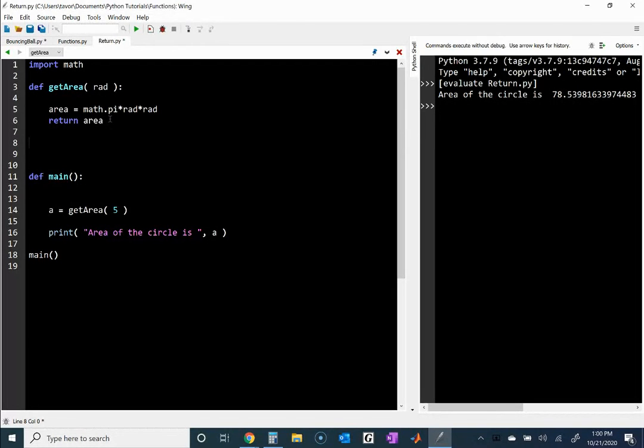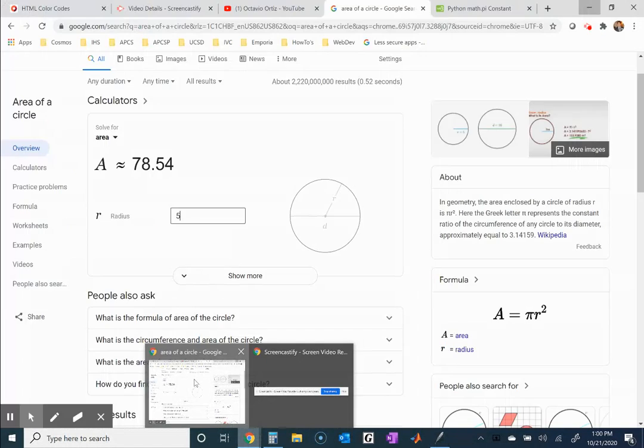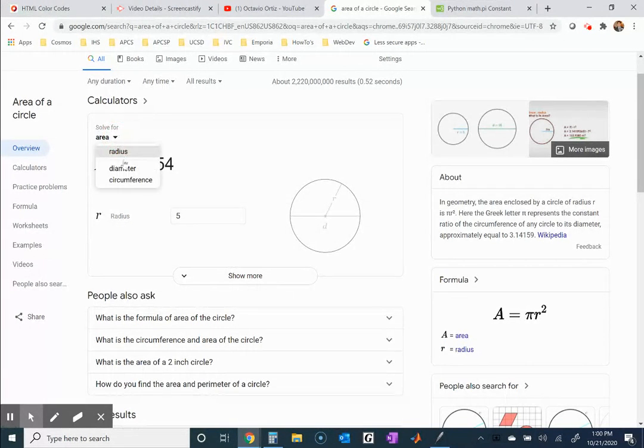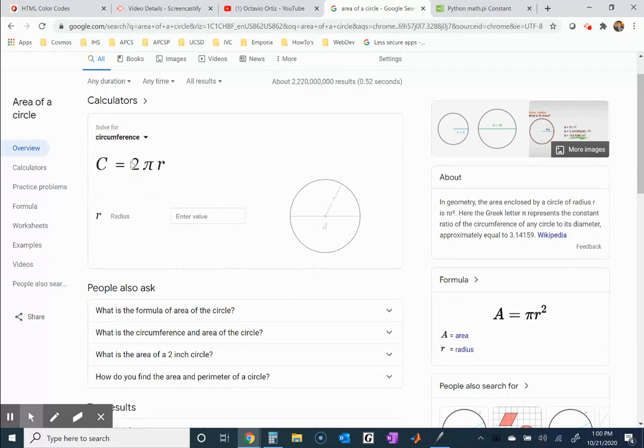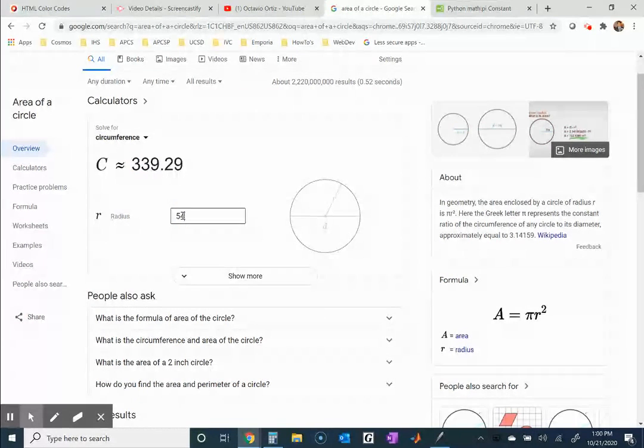So I'm going to stick with mathematical formulas because I think they're a little easier to see what's going on. Okay, so there's also the circumference, or I guess perimeter or circumference, formula for a circle. Notice that I can say here circumference. That's 2 times pi times the radius. And so if I put a radius of 5, the circumference